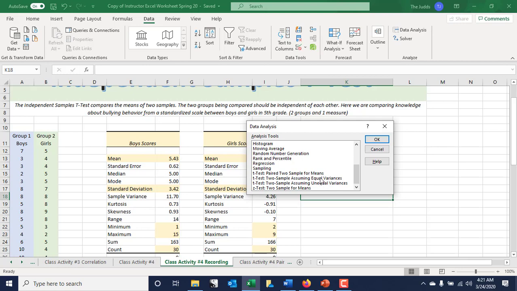So two samples, again, means I have two independent samples. Here I have boys and I have girls, and they took the same test. I'm going to choose the t-test with two sample, assuming equal variances. And the rule of thumb for this is I choose this one because I have a sample size that's below